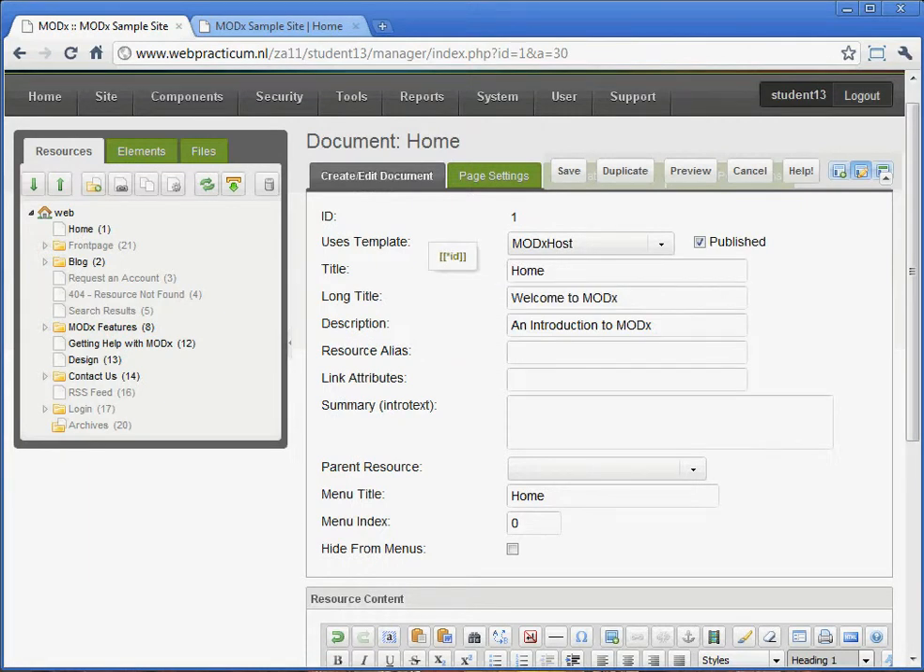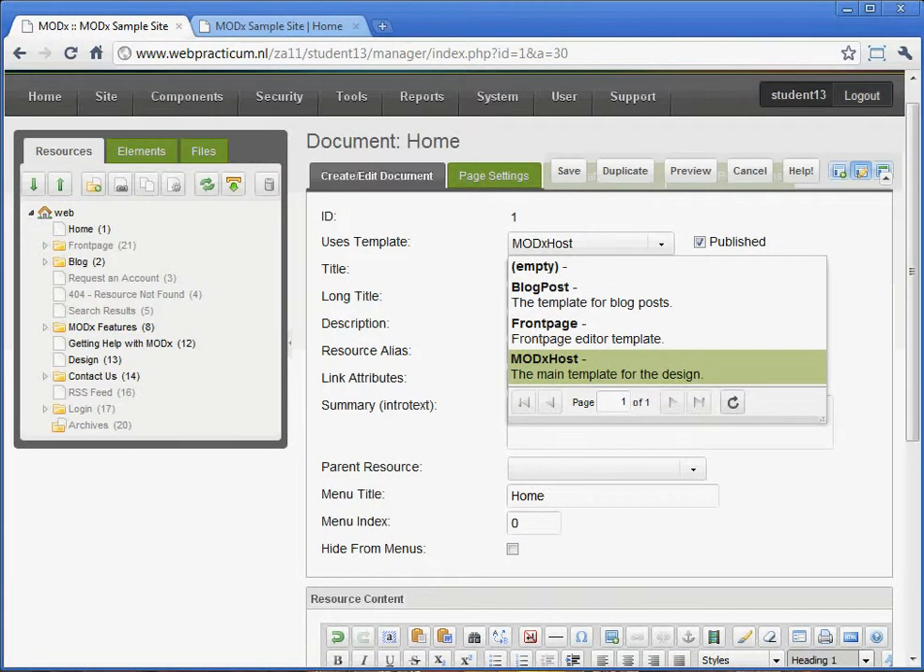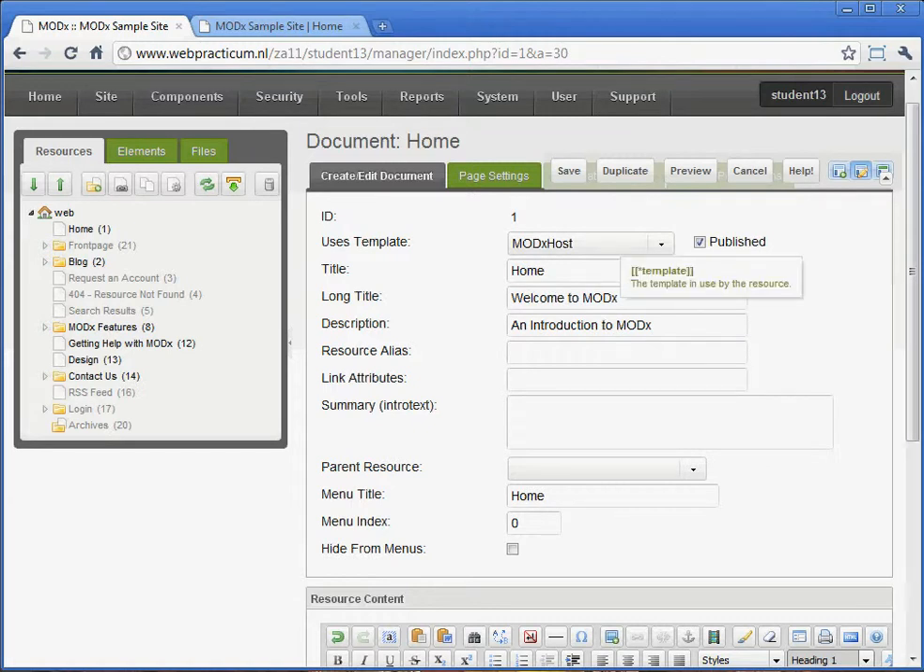information. For instance, the ID of this document is 1. So in the database that's behind this whole website, this resource has the ID 1. It also uses a template, and the template that it uses is MODX host, but you can pick your template right here. There are several templates available, but MODX host is a template that we use on the website. So MODX host is the standard template. Later on we will make our own templates, and if you make them, you will find them here as an